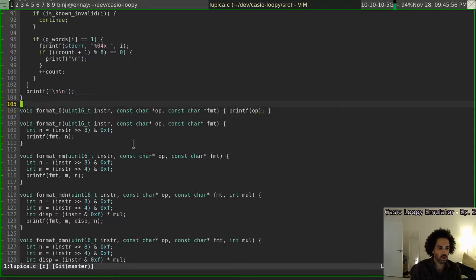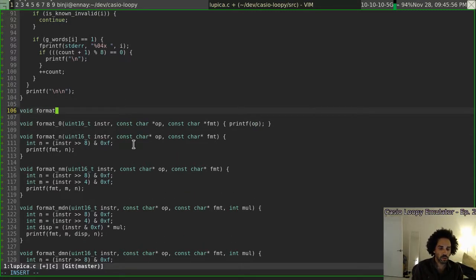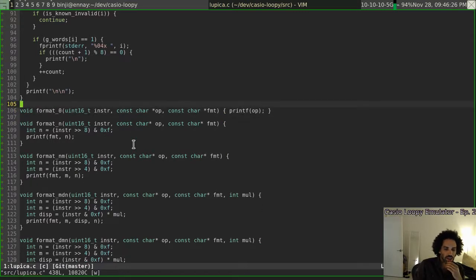So what I'm going to do is have a separate format function that you pass in. Basically what I'm thinking is